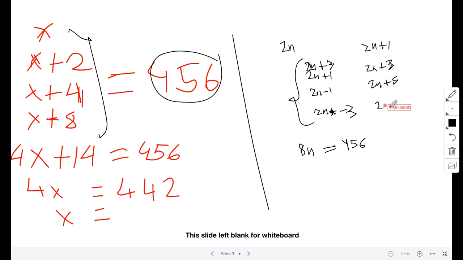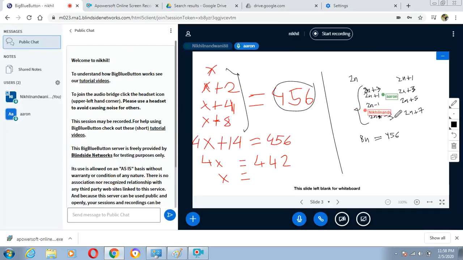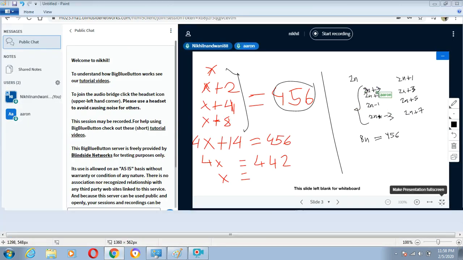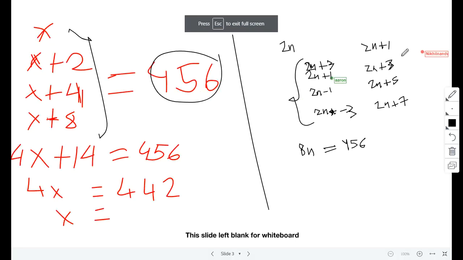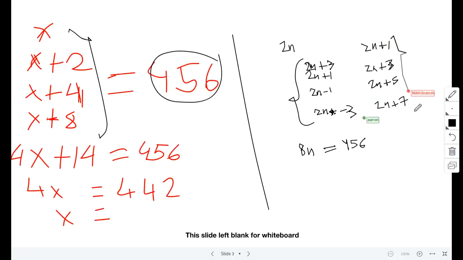Are you getting what I'm saying? If I have to take 4 consecutive odd numbers, either I can take this or I can take this, but I have taken this to save the calculation. So 2n minus 1, 2n plus 1, 2n plus 3 and 2n minus 3. When I add all, plus 1 minus 1 plus 3 minus 3 get cancelled, 8n equal to 456. So I get n equals to